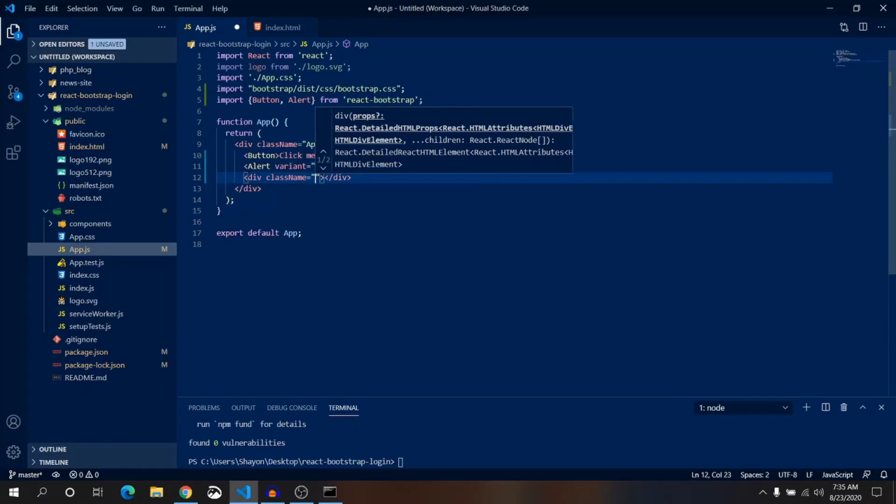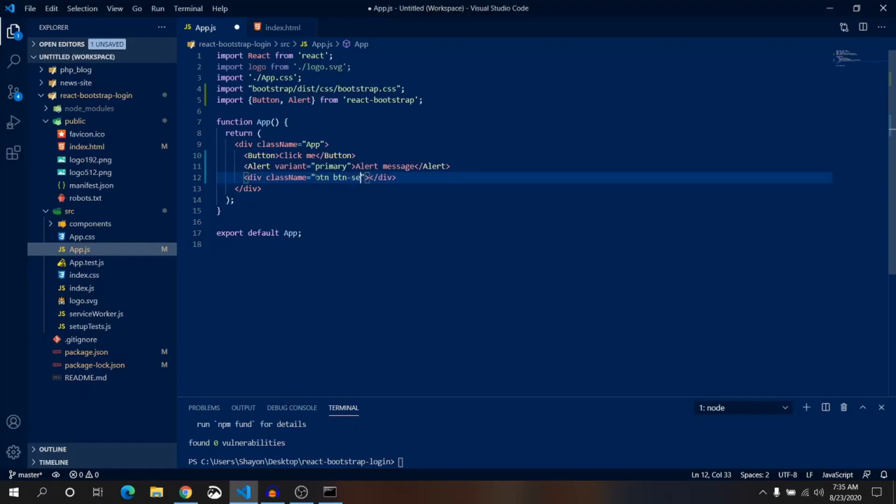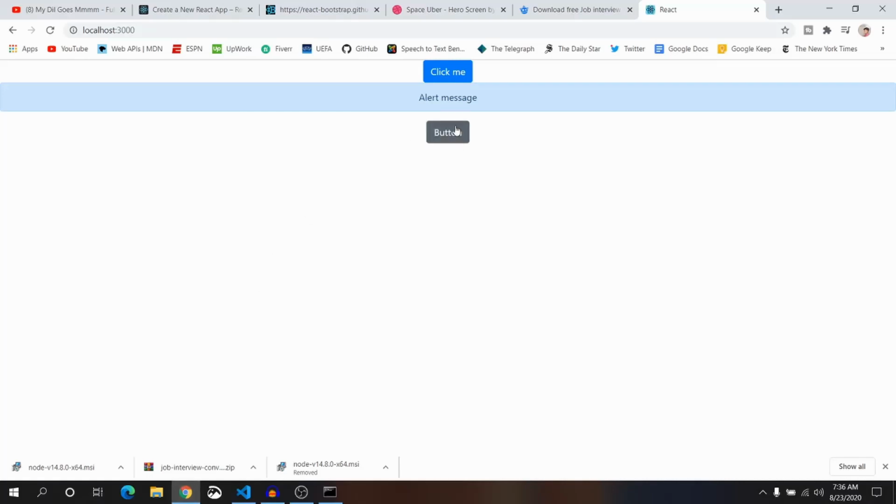Because we are using React, this is not HTML, so we have to use className. In the place of class we have to use className. For button, the bootstrap class was btn btn-secondary. Let's check it out, save it, and this is our secondary button.